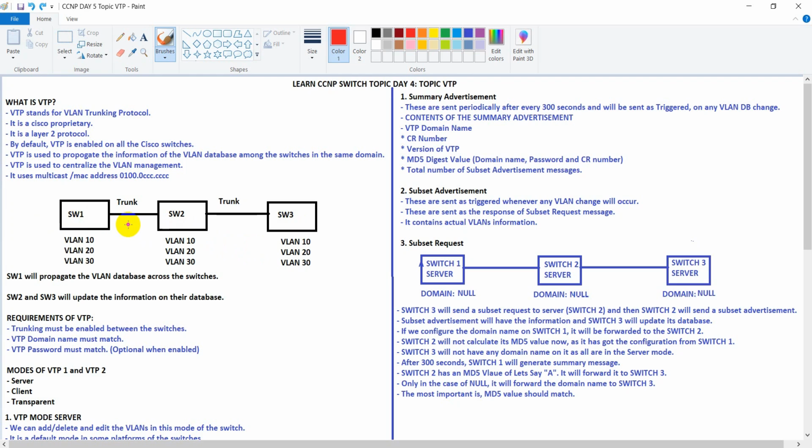So VTP is used to propagate the information. It has some modes, which we'll be discussing. So the VLAN management is centralized.